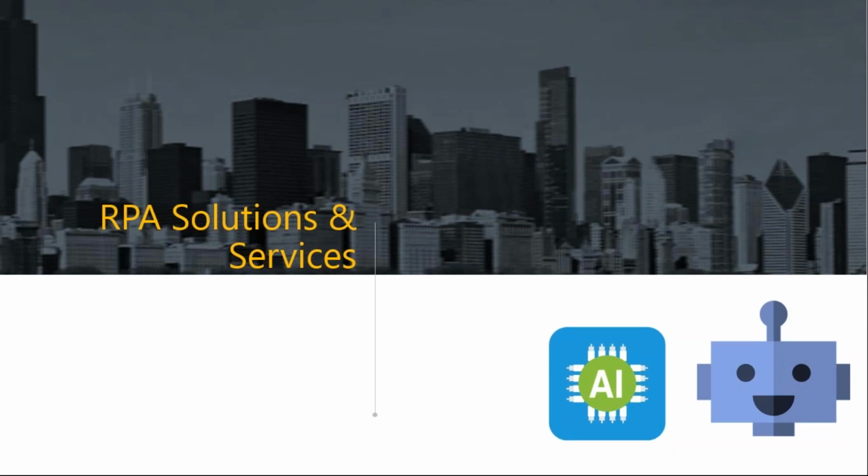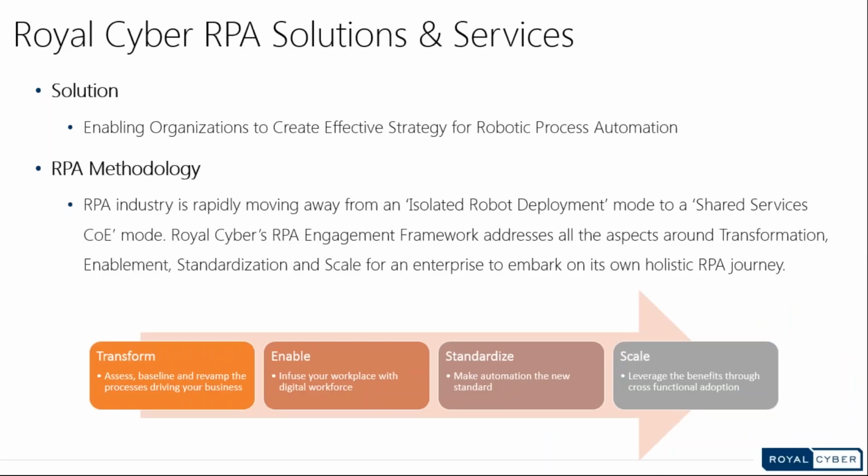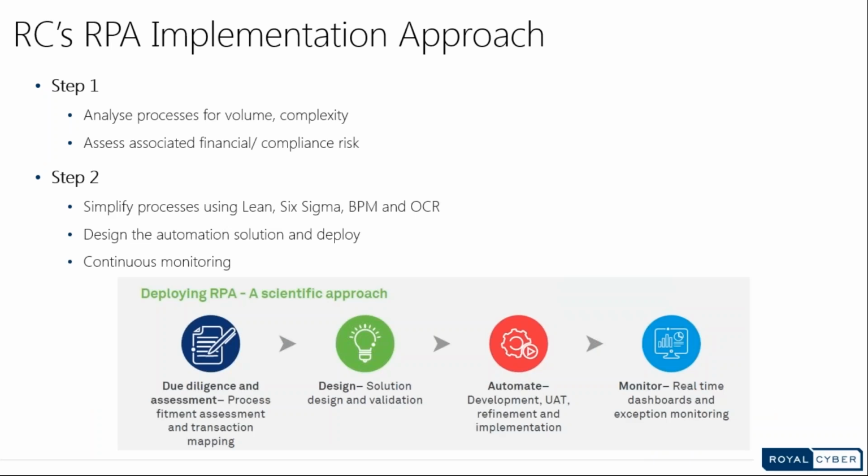And automation reduces human errors in data entry. It is cost effective, and bots can work round the clock, unlike manual workers. And human capital can be utilized on more productive and creative tasks if the regular repetitive tasks are performed by bots. So now let's see what RC's methodology is, because we have learned through different implementations that we have done